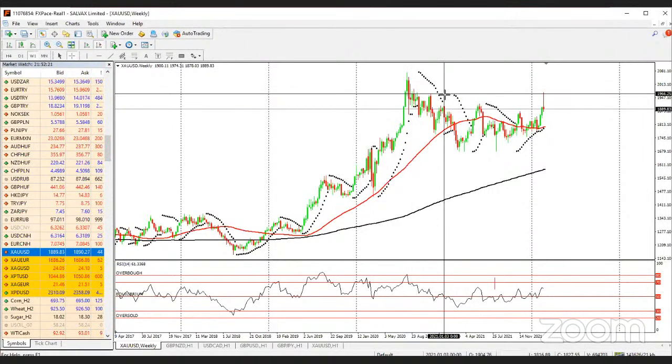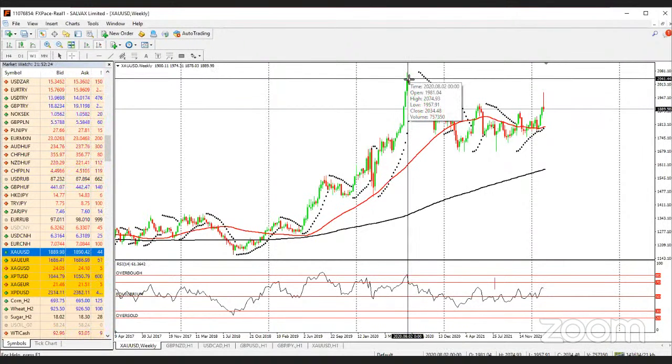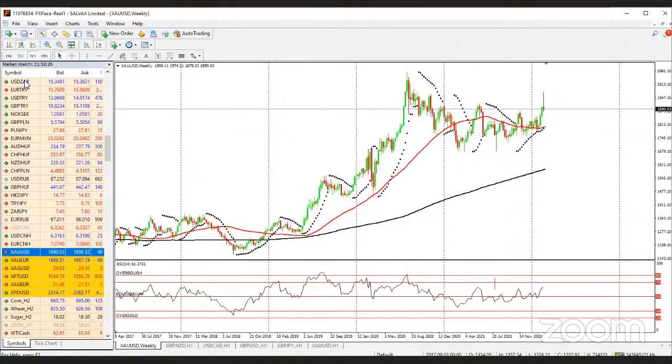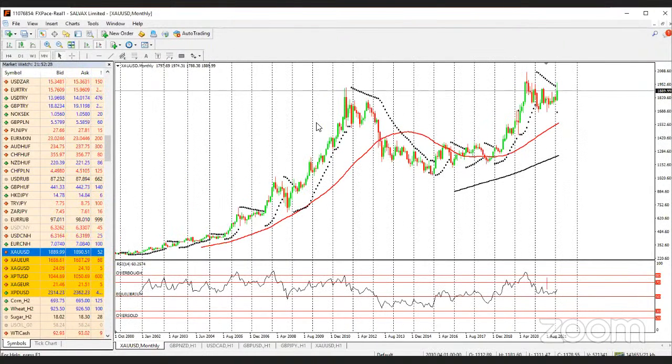The second high was created in the year, okay, 2020. That's not the highest high, sorry. Monthly. Okay, that's the highest high, in the year 2020, which was during the pandemic, during the time of COVID. Now the second high is this, which is 1919, which was created in the year 2011. Now look at a high that was created in the year 2011, it was taken out in the year 2020. Why? Because of the pandemic.